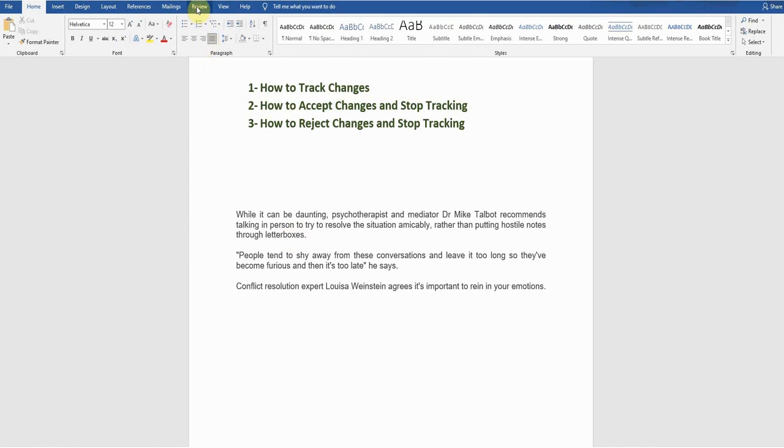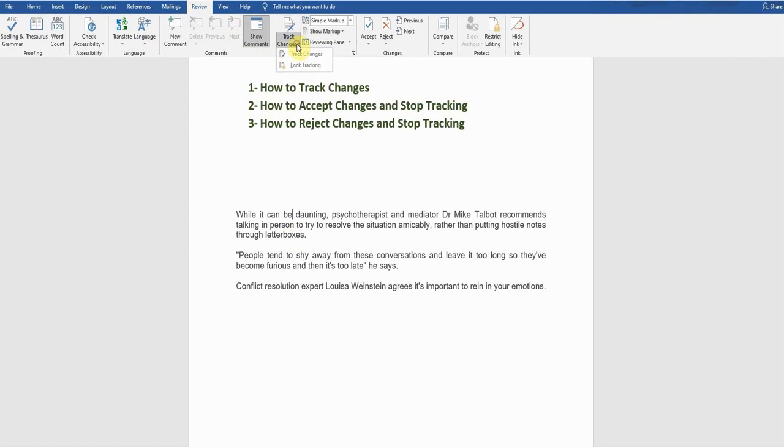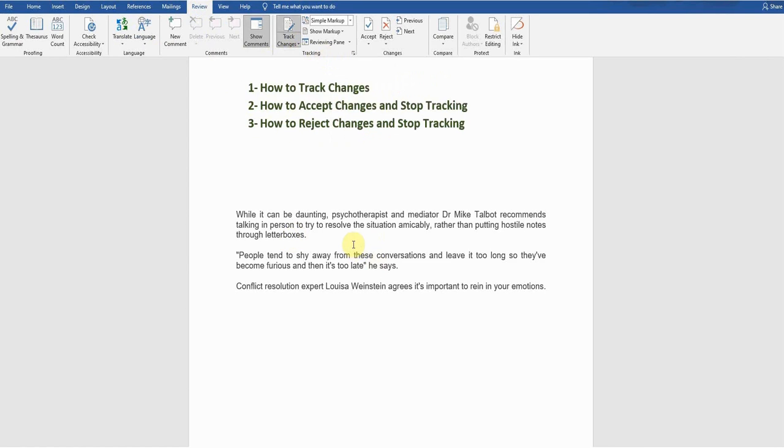I will go to the review tab. You can see there is a tracking option, track changes. Click here and very first option, track changes. Now my track changes option has been activated. If I try to make any changes, for example, instead of 2, if I delete it and write from, now